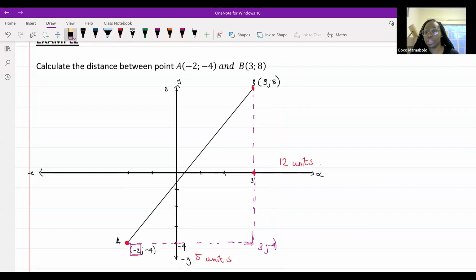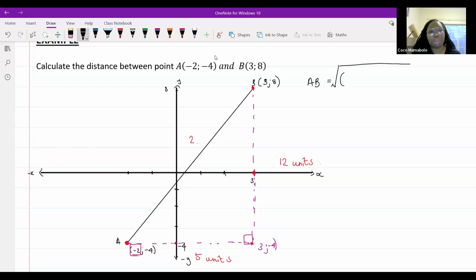Right, it's 12 units. So if I wanted to calculate this using Pythag, I would then take 5 units squared plus 12 units squared, and that would give me AB squared, right? But now, because it's going to take me forever to do that, all I'm going to do is find the difference between those 2 points squared plus the difference between those 2 points squared. And that's where the distance formula comes in. So I'm going to say the distance for AB would be the square root of